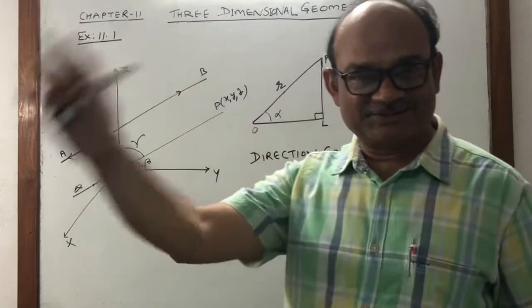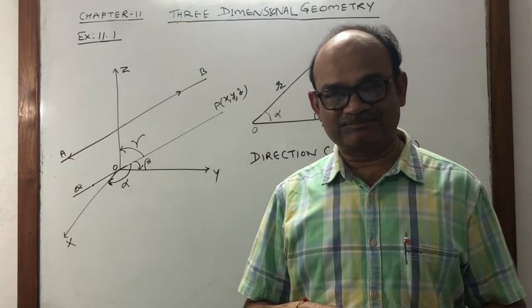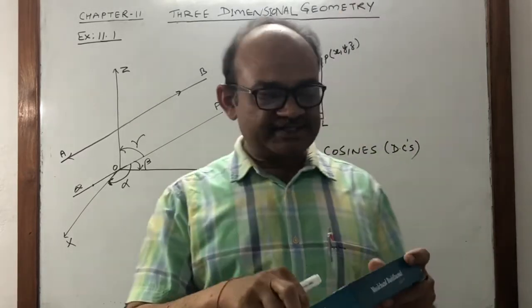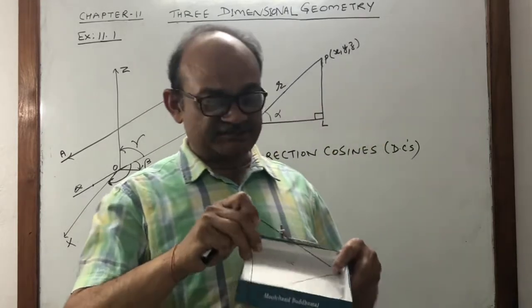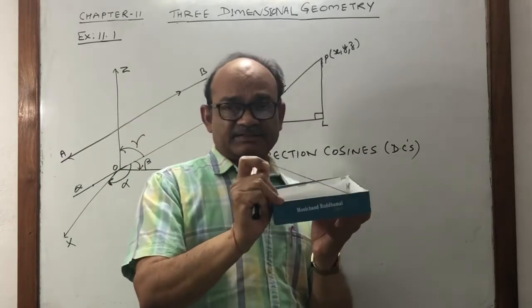हेलो मेरे पढ़ाकू बच्चों, आज हम स्टार्ट कर रहे हैं 3 डायमेंशनल ज्योमेट्री और उसमें सबसे पहले आता है डायरेक्शन कोसाइंस। डायरेक्शन कोसाइंस we have already completed in the chapter vectors, बस जस्ट we have to revise. Suppose in a 3